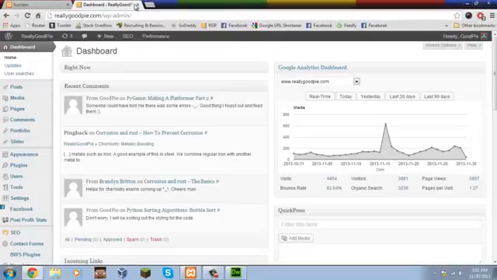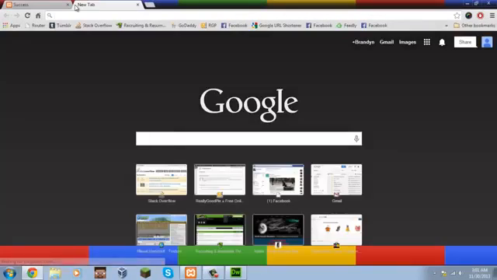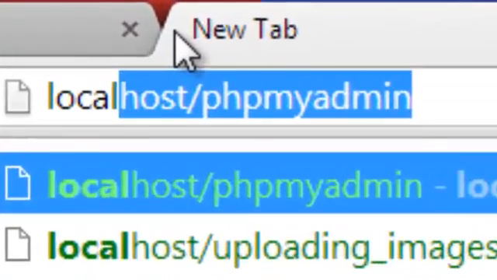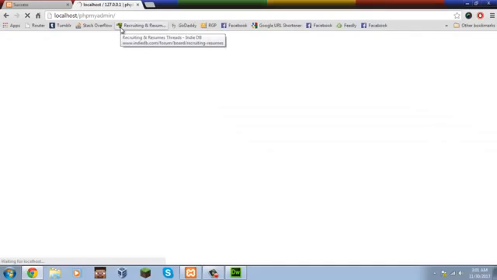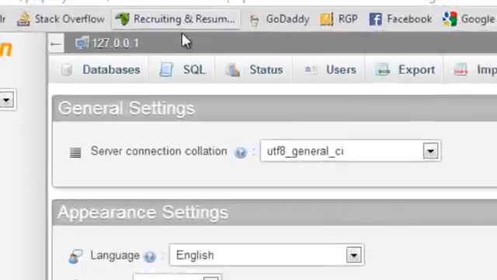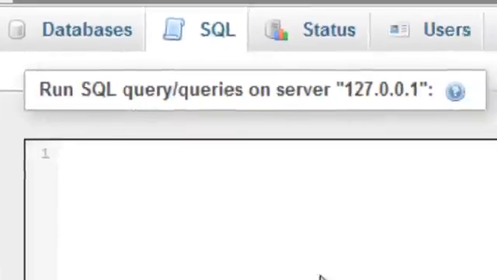So go ahead and head to your phpMyAdmin, so localhost/phpMyAdmin. Now we're going to go to SQL, and we're just going to create a simple database. So create database user registration. We're going to use this database,